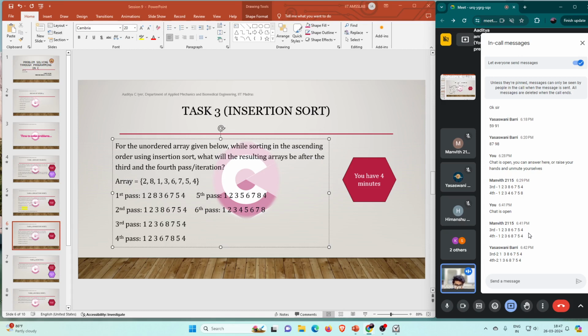Because what I got after the third pass, you are getting after the fourth pass. 1 comes here, 3 and 8 swap, 6 and 8 swap. I don't know why you got that, and whatever I got in the second pass, you got in